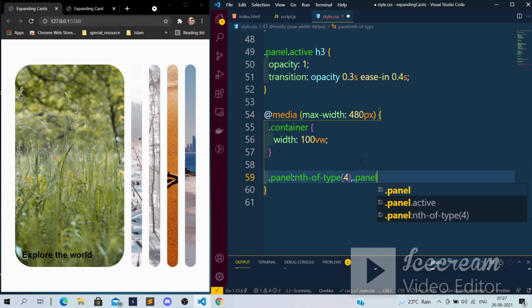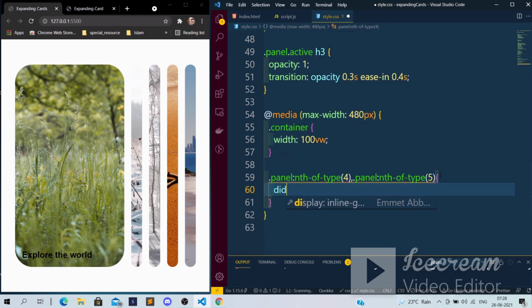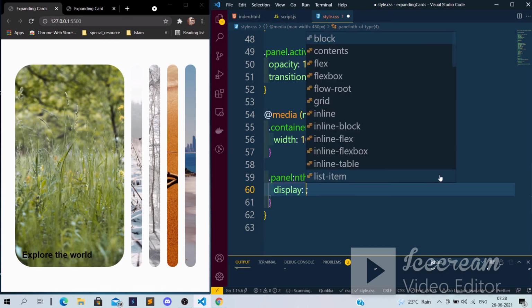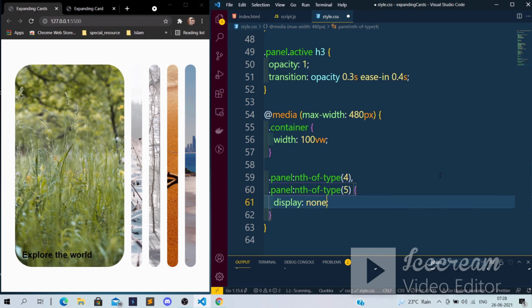and if the panel type is 5, because this panel is 1, this is 2, this is 3, this is 4, this is 5, so this 4 and 5 I just don't want to show if the screen size is lesser. So we have the display none. Okay,